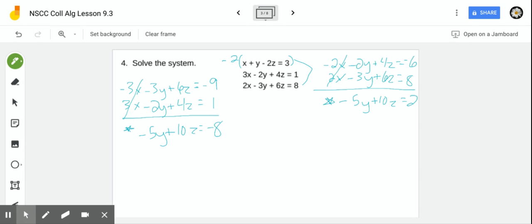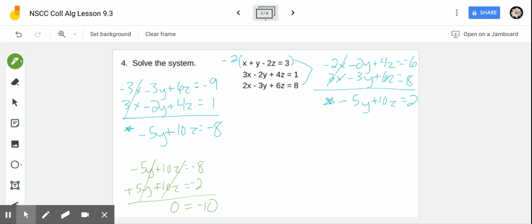For the next step, you're going to take the two starred equations, and the steps are written up in the last problem. Okay, we want to solve the two starred equations. So let me bring those down here. We have -5y plus 10z equals -8, and -5y plus 10z equals 2. I think I'm going to multiply this bottom equation by -1. So that's going to change all of the signs. That did not go very well. Hang on. So that's going to make that positive, negative, and negative. And then the y's eliminate, the z's eliminate, and I get 0 equals